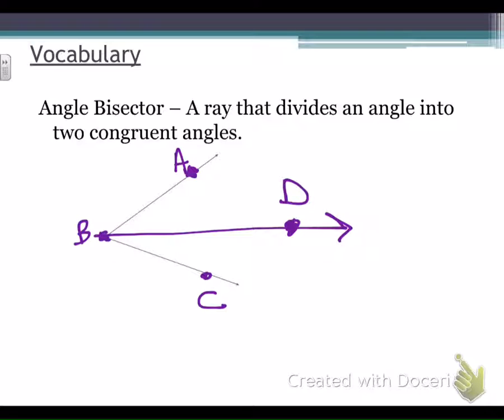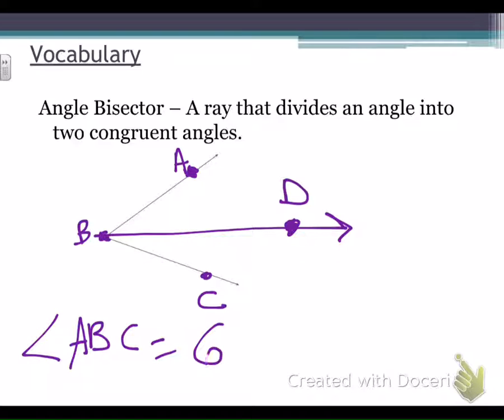Okay, let's talk about this. Am I good to talk about it? Okay. So we have on here, you have angle ABC. Ray BD bisects it. That means it splits the angle in half. So let's say the full angle ABC, let's say angle ABC